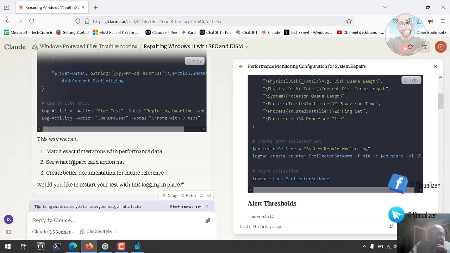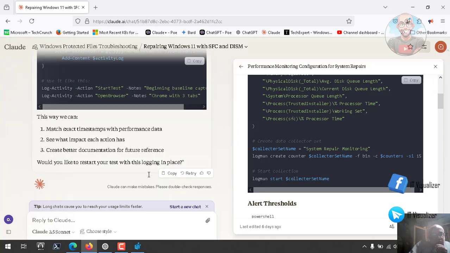Match exact times to performance data, see what impact each action has, create better documentation for future reference. Would you like to start your test with this logging in place? So this is, as we see, all of these are steps to just create a baseline, okay, and then begin